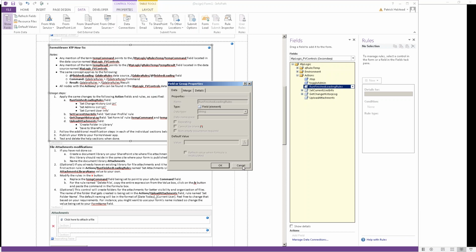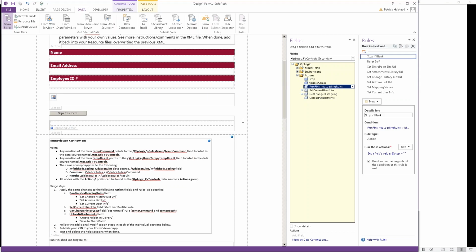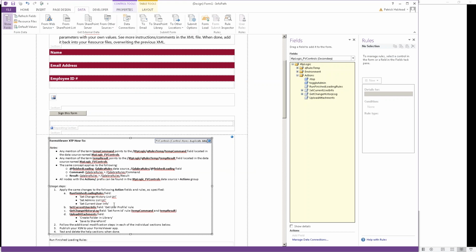So if we click on, sorry, here, I just went through that, just checking. Okay, so I just did that 1A. So now the next thing I'm going to do is set current user info field to get user profile role. Okay, so the set